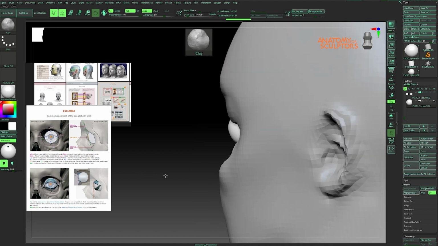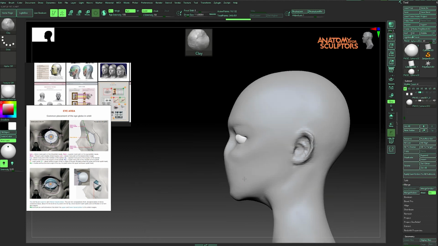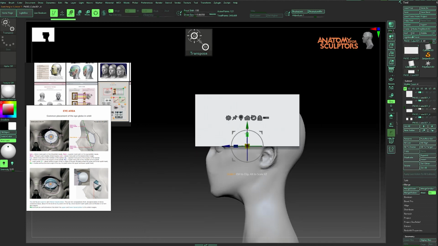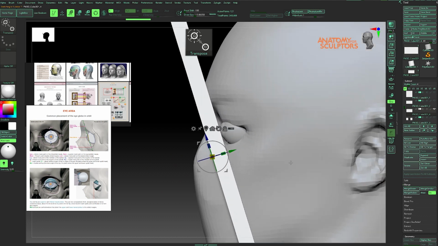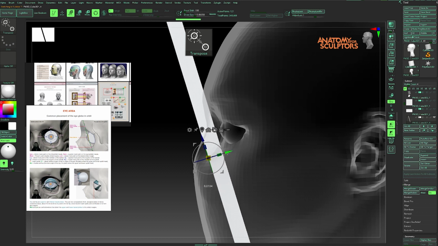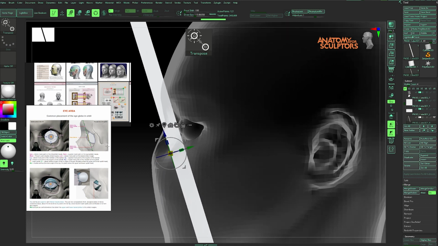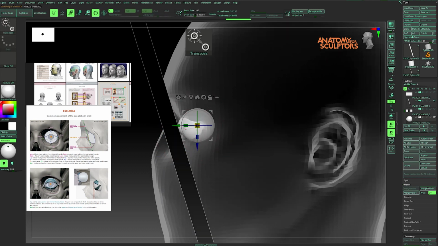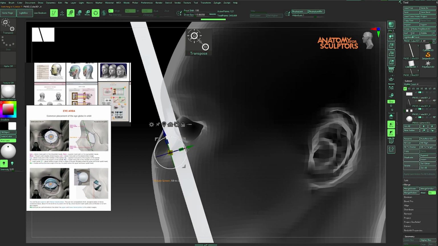In the side view, for measuring the placement of the eye horizontally, as you can see in the reference picture, if you create a line shape and place it like a ruler so that it connects the eyebrow area to the cheekbone, this shape should cross exactly through the middle of your iris or your pupil.